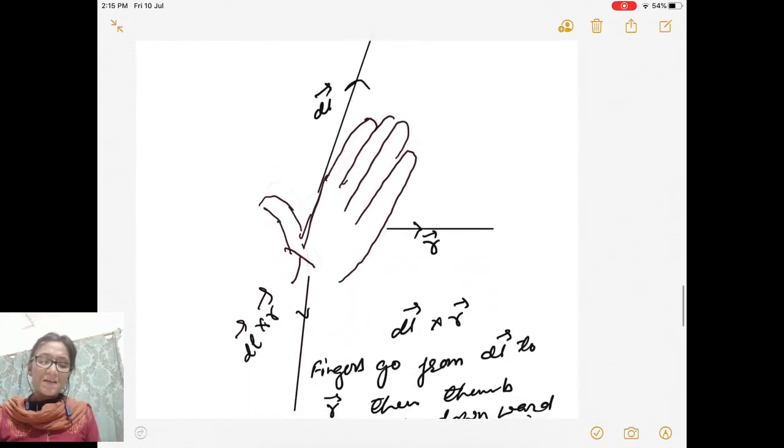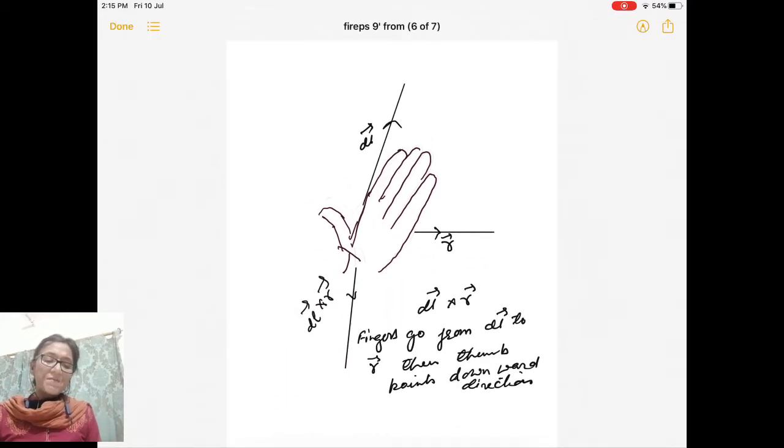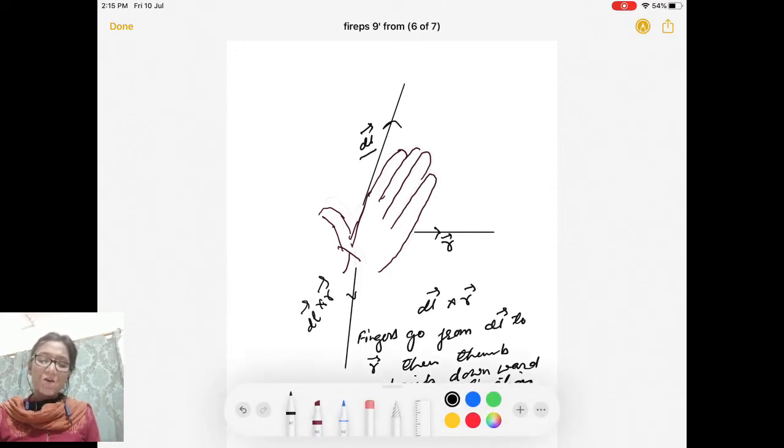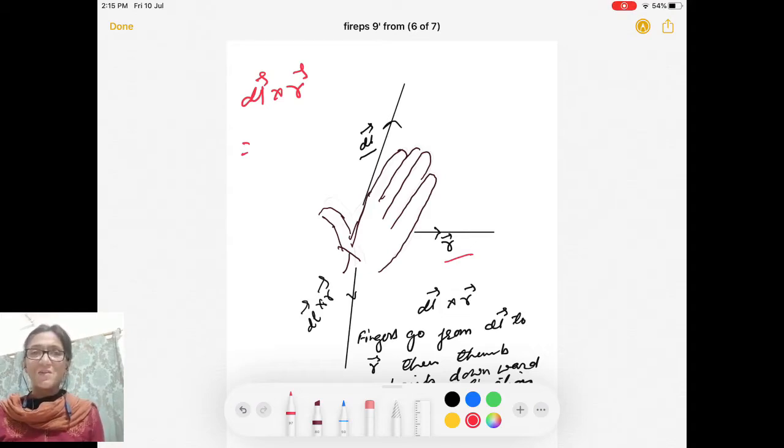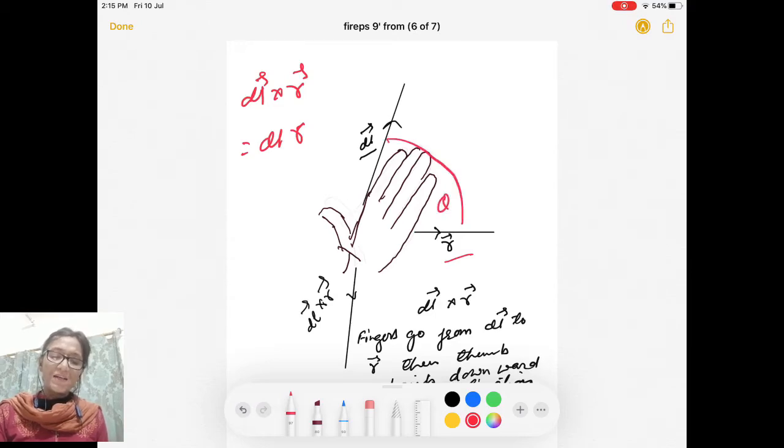Now similarly, if you have another vector, in place of A you have dl vector, in place of B you have r vector, then dl cross r. In a similar way, you can write firstly its magnitude, then you will write its direction. So it is equal to dl r sine theta, if the angle between the two vectors is theta. And for direction, keep your right hand